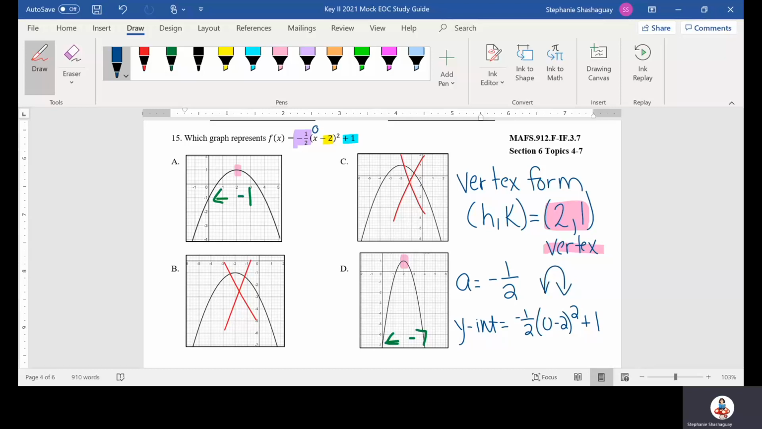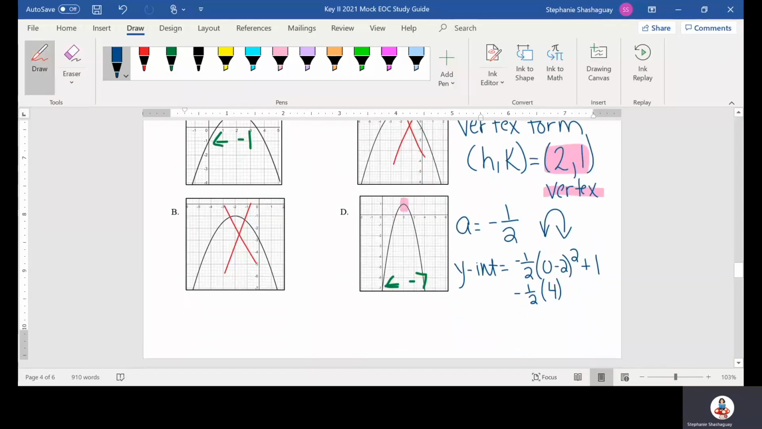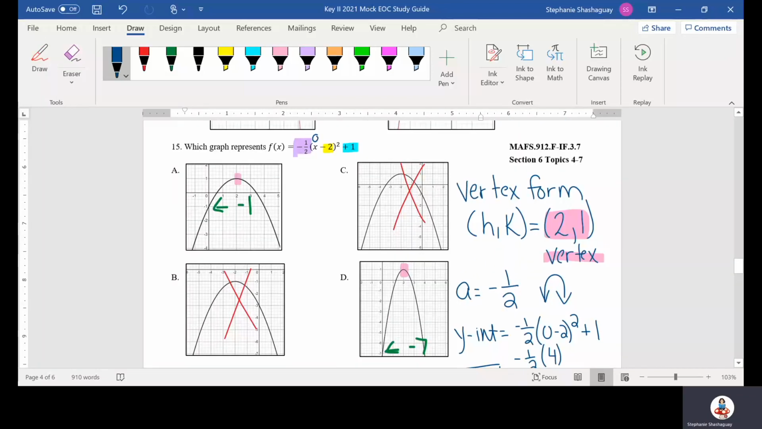Well, negative 2 squared is 4. If I multiply that by a negative 1/2, negative 1/2 times 4 is going to be a negative 2, plus 1 is equal to a negative 1. So my y-intercept is equal to negative 1. So that means that my only possible solution is A, because D's y-intercept of negative 7 is not correct for